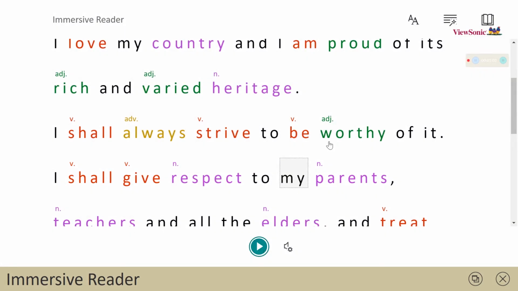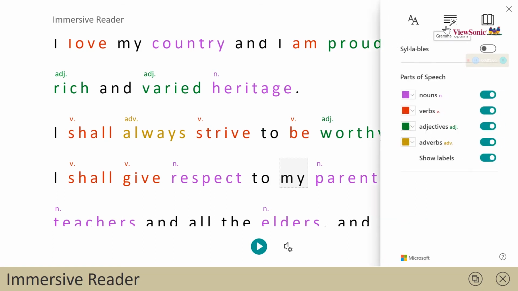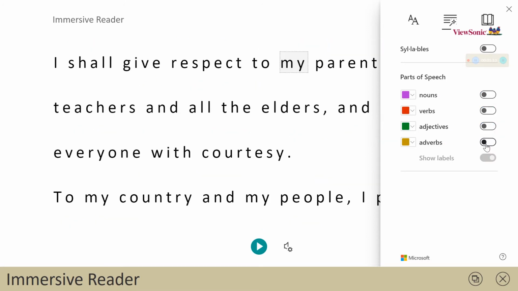Another feature is that the teacher can elaborate the parts of speech, meaning nouns, verbs, adjectives can be shown to the student to make it easy for the student to understand. Like this: what is a noun, what is a verb, what is an adjective, what is an adverb in this paragraph.